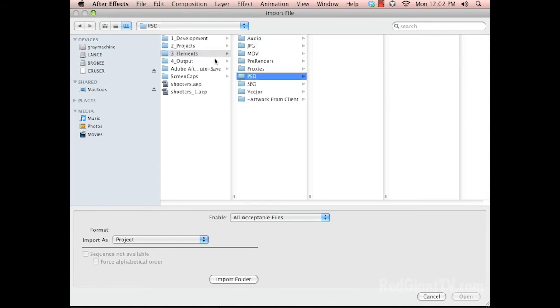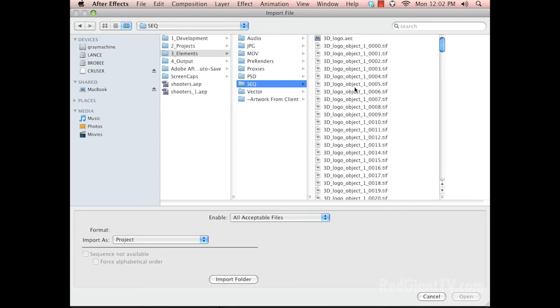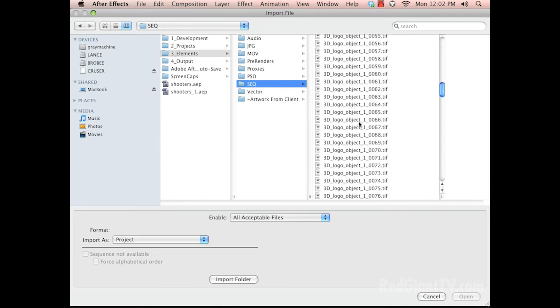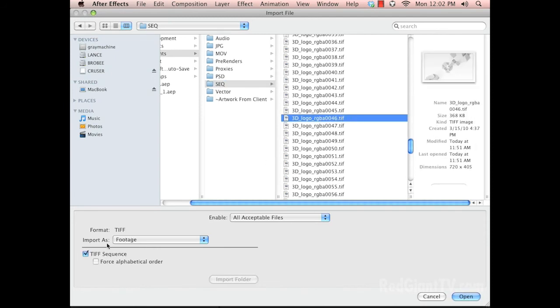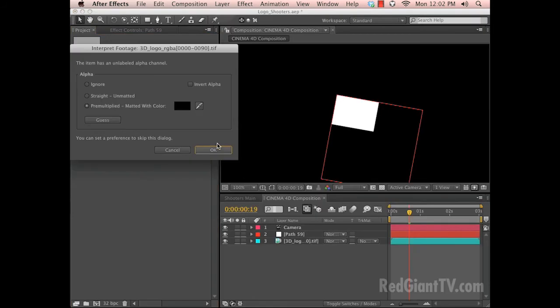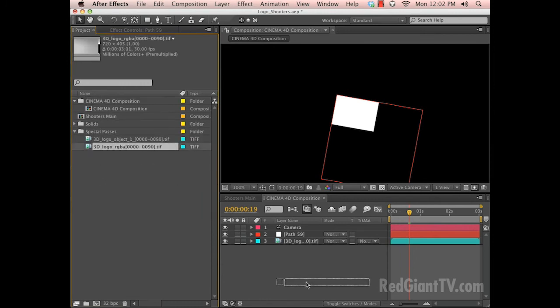I just need to go back into that sequence folder, and you'll see that I've got my two separate passes in here. I got 3D logo object 1, that's the object buffer, and then I also have 3D logo RGBA. So if I select that, make sure this is selected as a TIFF sequence and import that in. I do want to import the alpha channel as pre-multiplied. Let's just put this down in here with this separate pass. So if I drag this down in here,